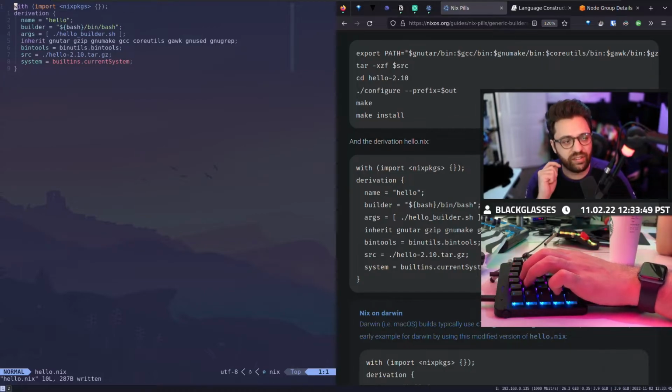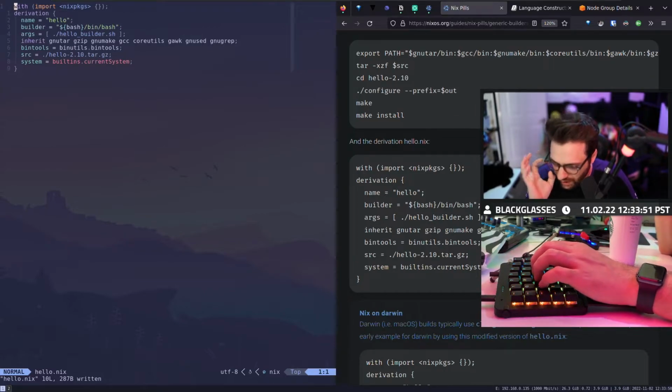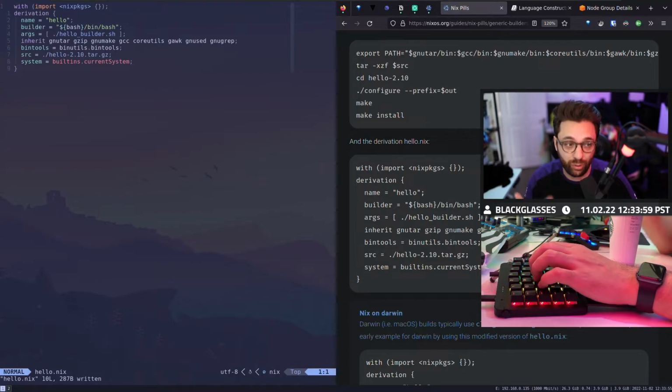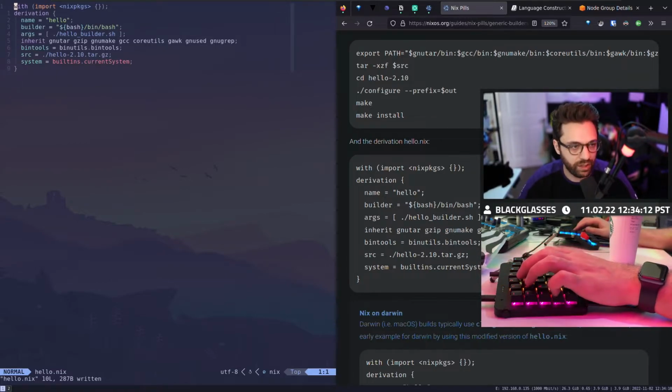Cool. So as I said, this is very similar to what a Dockerfile might look like in the sense of building software, but in the sense of how it actually is created, it is very different, right? This is a configuration, right? It's not an imperative set of steps, but a configuration that will run all the time the exact same way with the inputs that we give it, right?